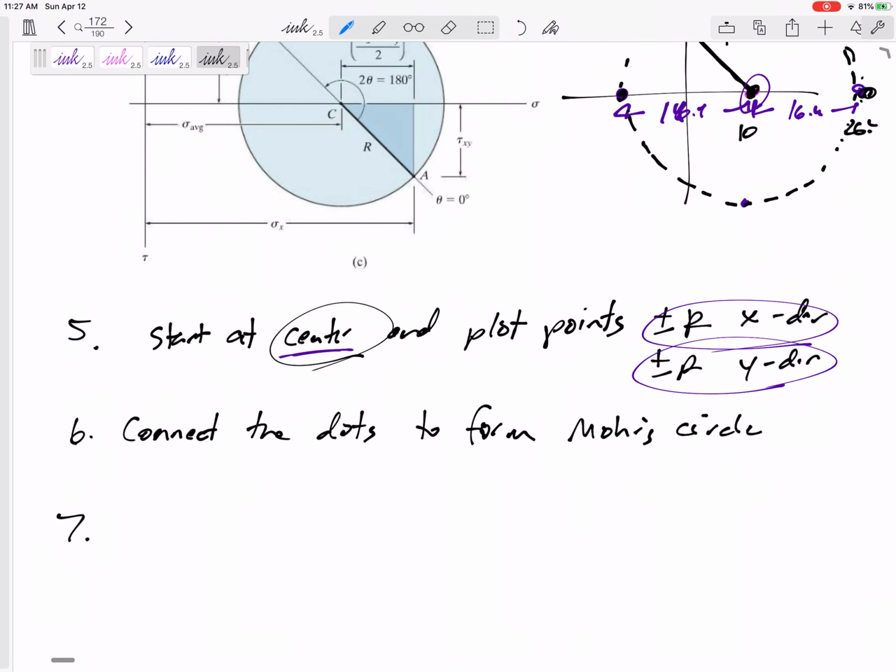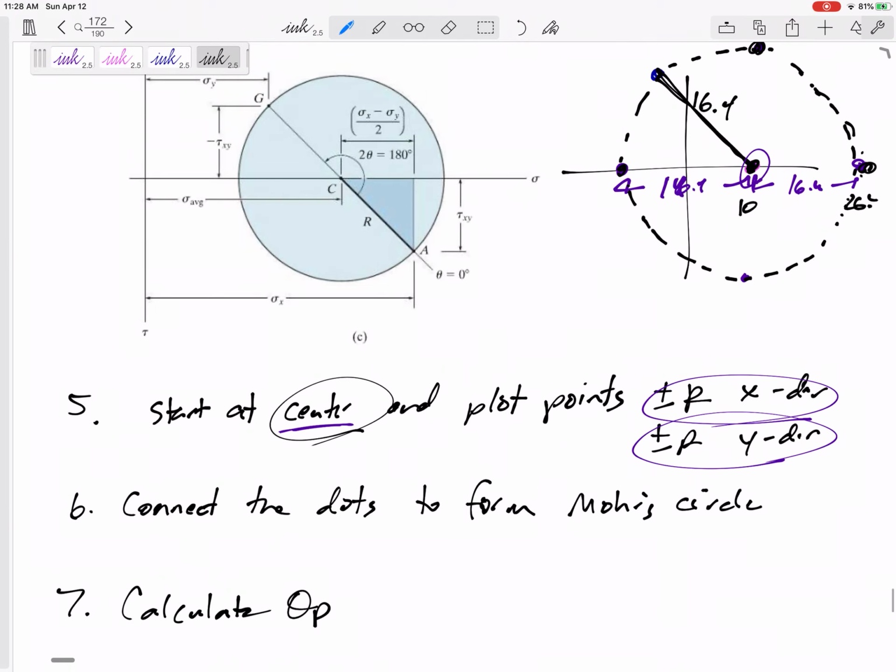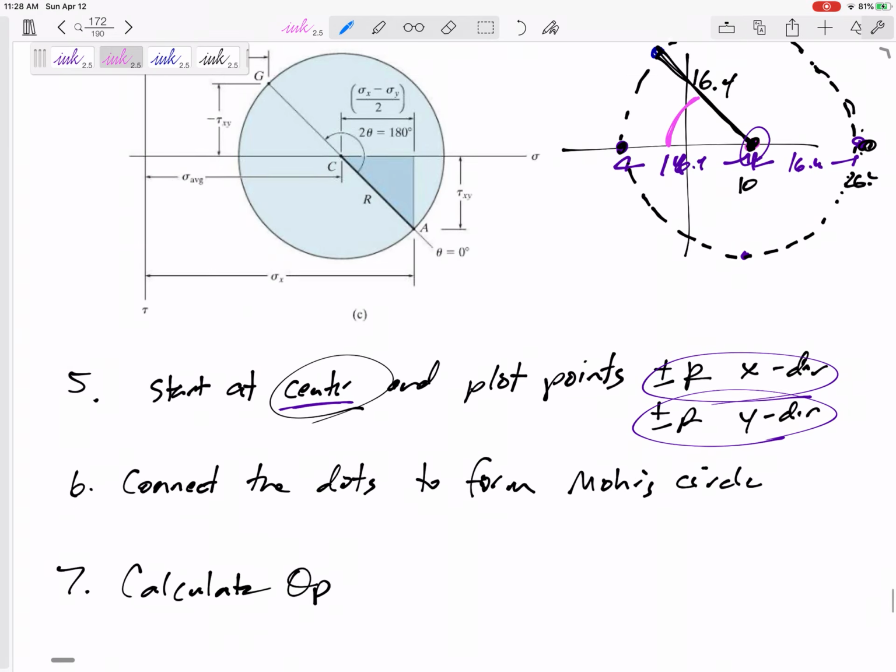Now, next step, we want to calculate theta p. We want to calculate the orientation that the principal stresses are. Okay? And so this angle, the angle to the x-axis,